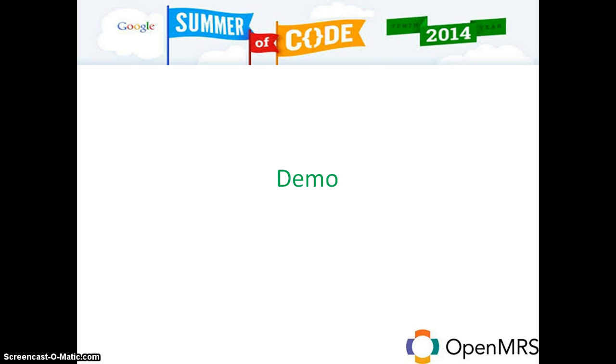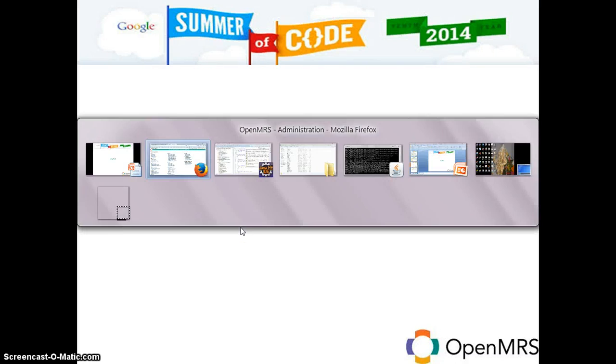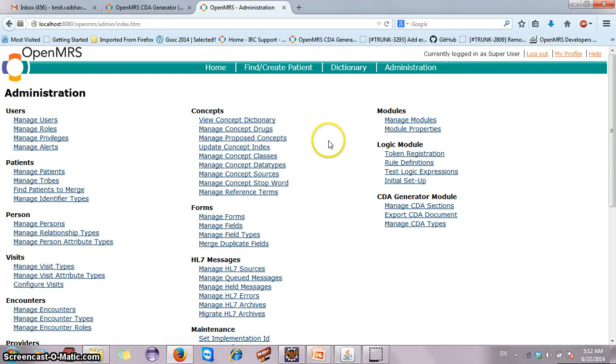Let us have a look at demonstration of this module. I have already loaded our module on administration tab, and you can see that it creates 3 links: manage CDA sections, export CDA document, manage CDA types.